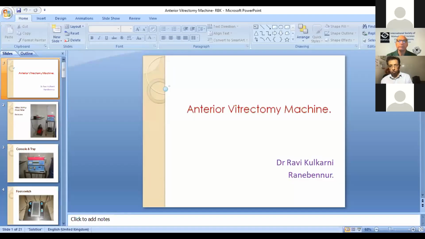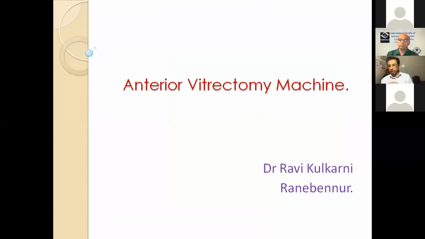There was a question last time: is vitreous management different when you compare phaco and SICS? Well, the answer is simple. The principles of vitreous management are not going to differ whether you're doing SICS or phaco. The principles, objectives, and goals are all going to remain the same. So that doubt I wanted to clear. The cause for the vitreous loss could be different in both settings, but the principles of management are going to remain the same. So the anterior vitrectomy machine is an integral part of our armamentarium.